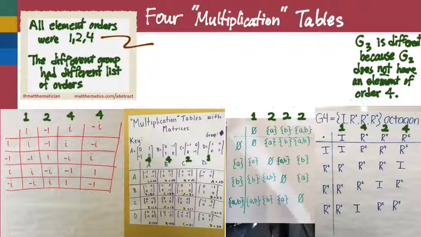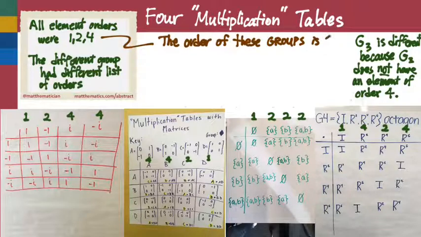I guess the question I'm trying to get to here is, what is the order of these groups? Not the elements, but the groups. What did we say a few minutes ago? 4. So, do you think there's a relationship between the orders of these elements and the orders of the group? Those are factors. They're factors of 4. So, how might we